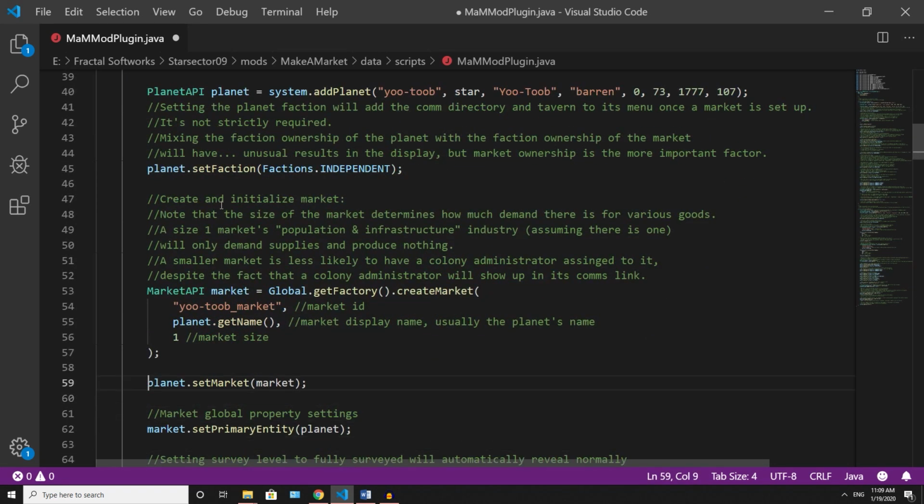Use the global getFactory method to get the factory reference for the game. This factory, as it's called, can be used to create various objects in the game. It's actually a very common design pattern for games. You are actually doing computer science right now. Anyway, the important note is with the factory, we create the market by subsequently calling its createMarket method. The shorthand way to do this is written here,